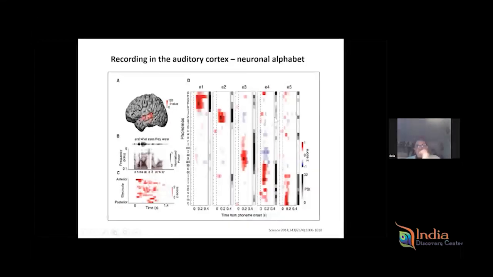So to go how the primary auditory cortex is working,